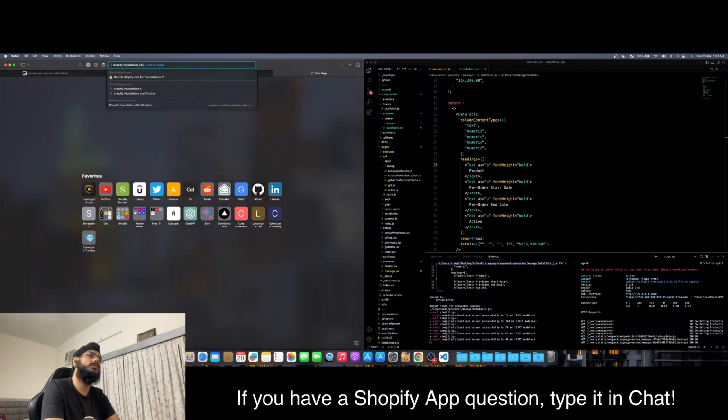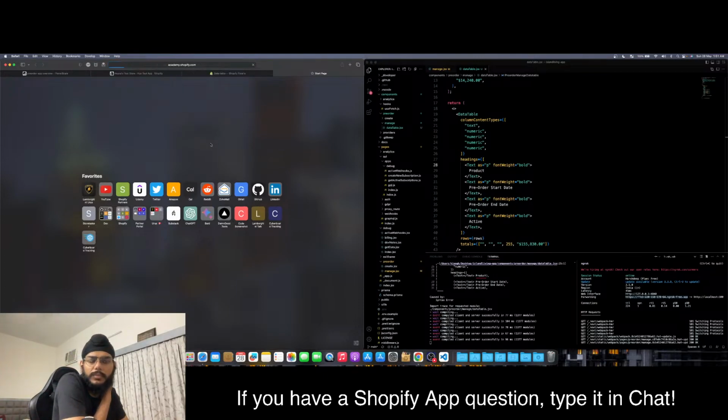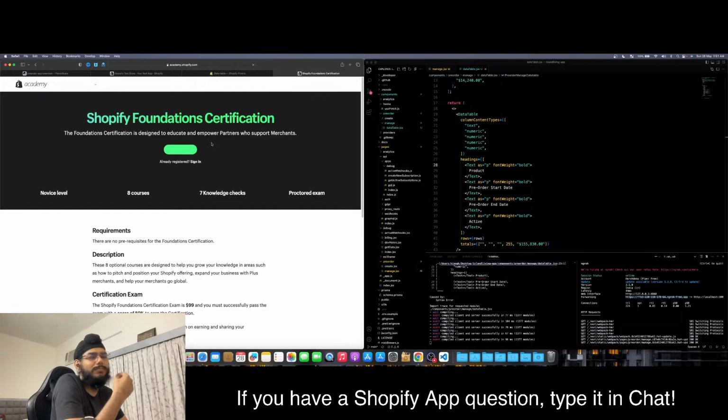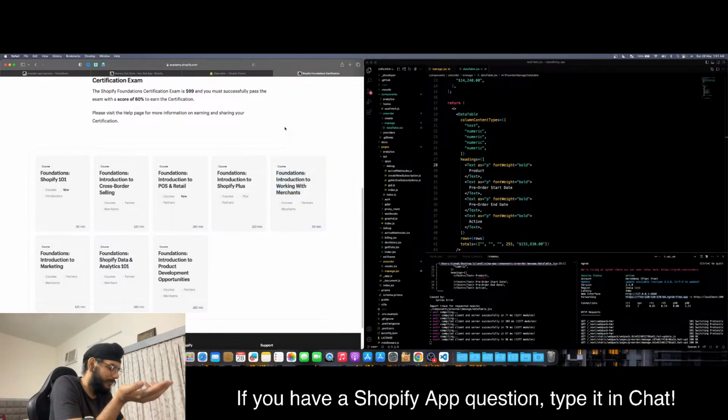There's also this, which is the Shopify Foundation certification. At my level, because I've been doing Shopify for forever at this point. I always say 6 years, but I know it's been like 8+ years since I'm doing this. Do this entire thing. You need to understand how POS functions, how themes work, how Liquid does. You want to have a complete overview on what is happening, like what is the platform that you're working